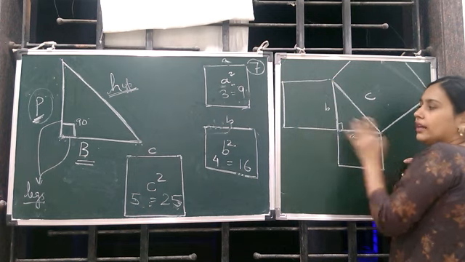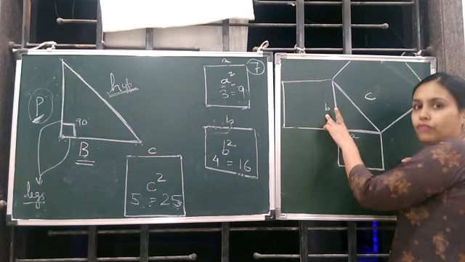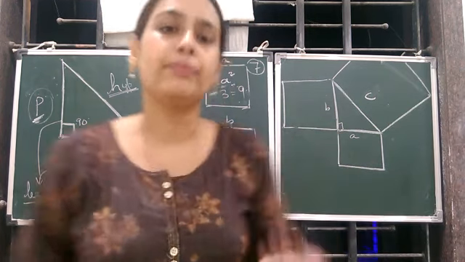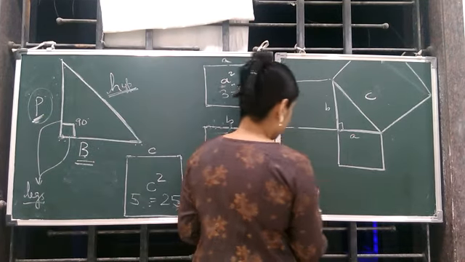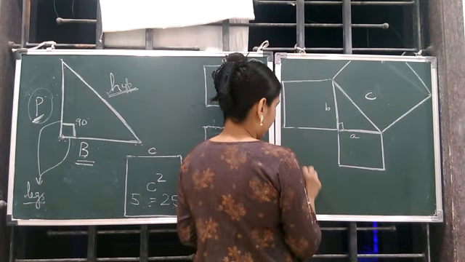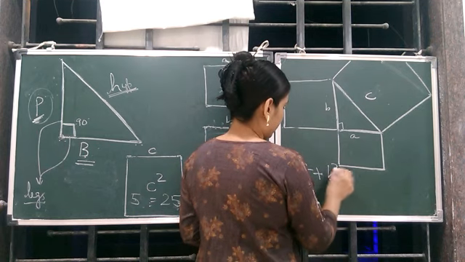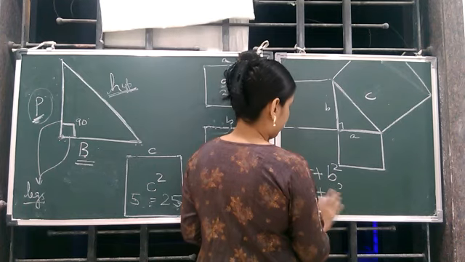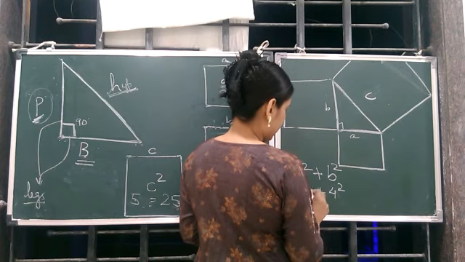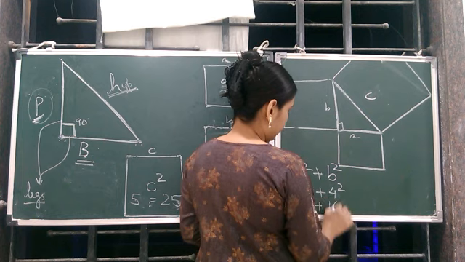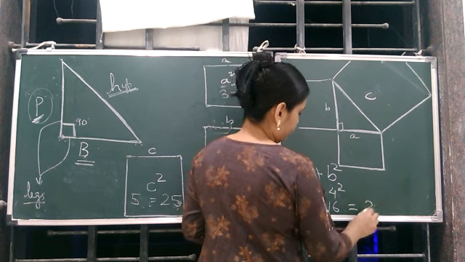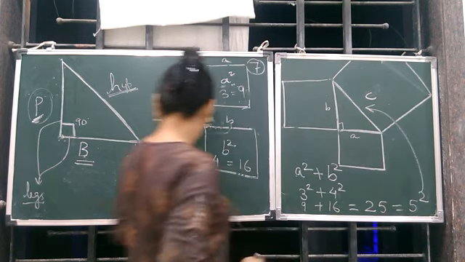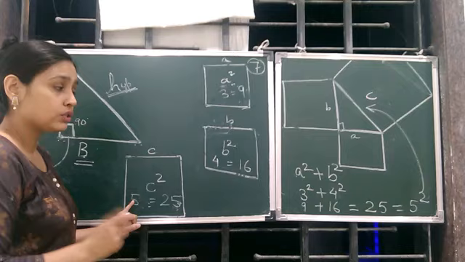Okay, now let's use the property sum of two sides. So sum of two sides, let's take A and B. Always the base and the perpendicular is added. So A square plus B square. Now what is A square? 3 square plus 4 square. 3 square is 9 and 16, which is equal to what? 25, which is equal to 5 square. Actually the third side here, can you see? Yes.